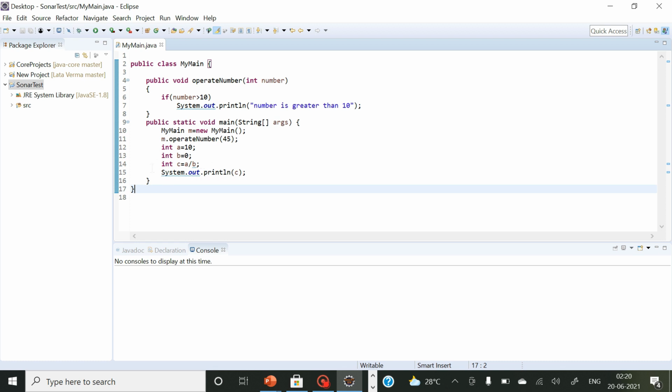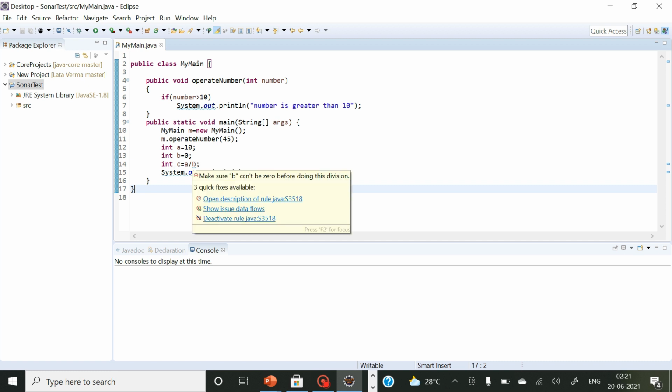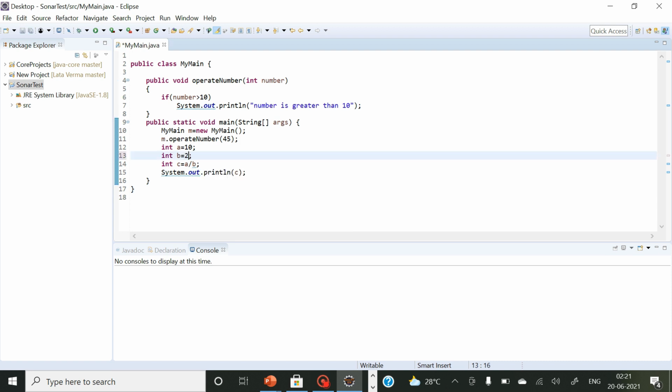So see, without SonarLint you could have executed your code, and at that time you could have got that maybe B is 0, maybe the second operand is 0. But here you are getting it side by side. So this is on the fly. Make sure B cannot be 0, so that you can make changes accordingly. After doing that, if you save this, see, the SonarLint issue is removed. Of course, for System.out the same problem is there. A logger is supposed to be used, so I'm just avoiding it as of now.